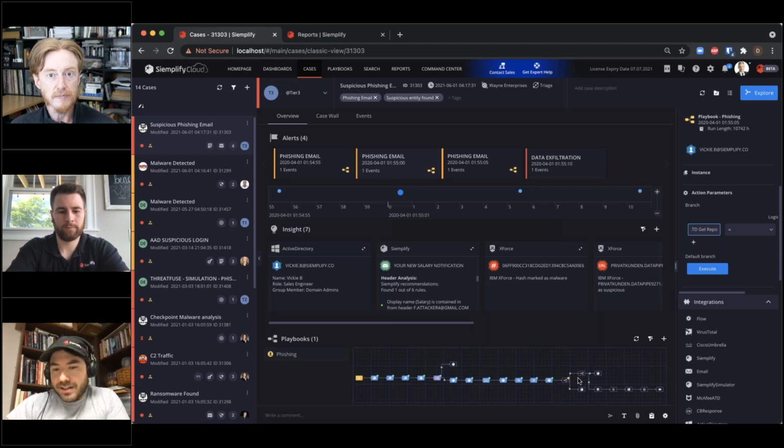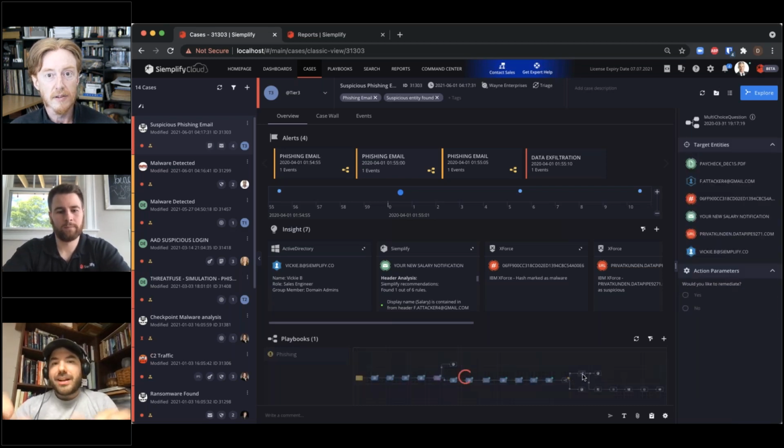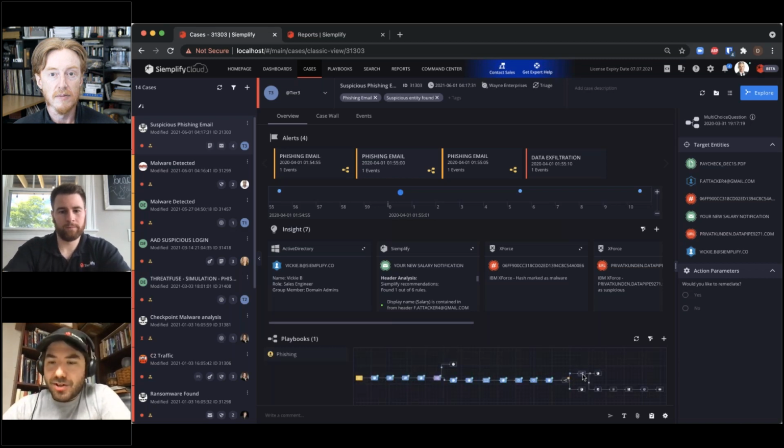But at the end of the day, I want to get to the point where I'm saying, okay, now that I have all this information, and if I didn't take the response action automatically, what do I want my analyst to do next? As we're thinking through these processes, like we were just discussing earlier, the architect might be building this out and saying, this is how I would take these specific actions, this is when I would take this action. But I also can instruct the analyst, hey, what do you want to do? What do you think needs to happen?